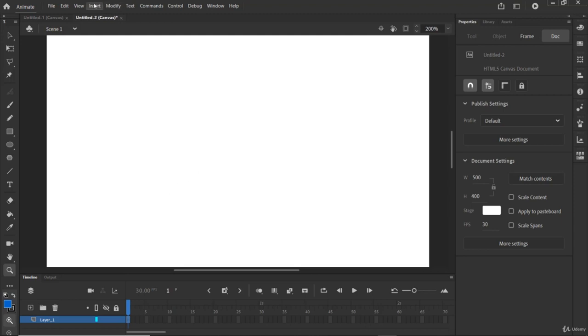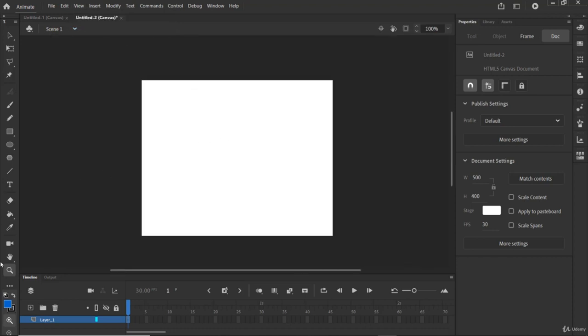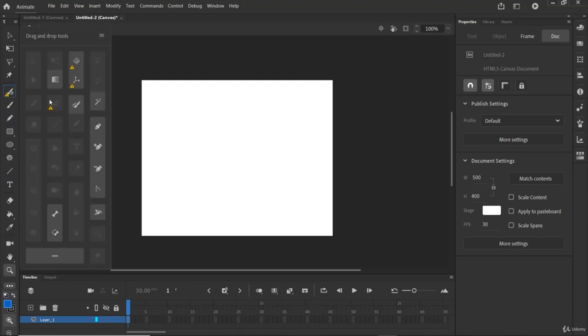So let's zoom out like this. Then in this edit toolbar, you can see we have other different tools like this anchor point tool, pen tool, anchor point tool. You have this width tool. I think you know it from Illustrator.